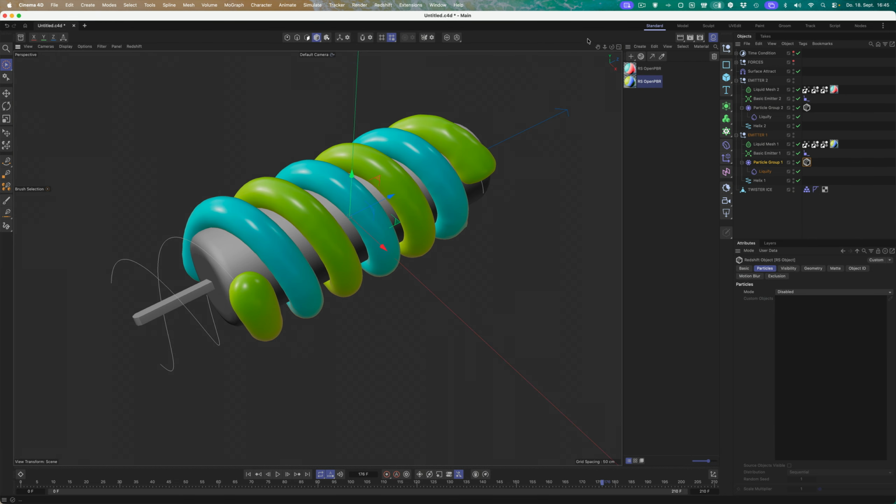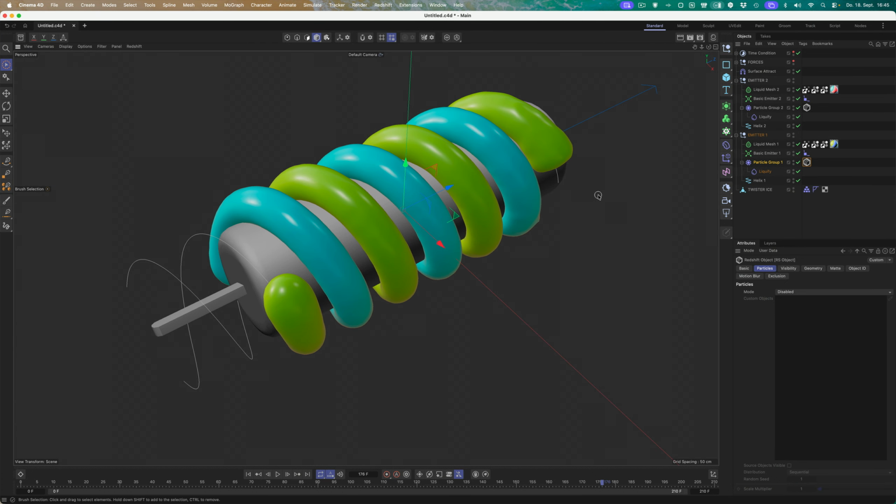So if you want to see how to create transparent materials, just watch my previous video